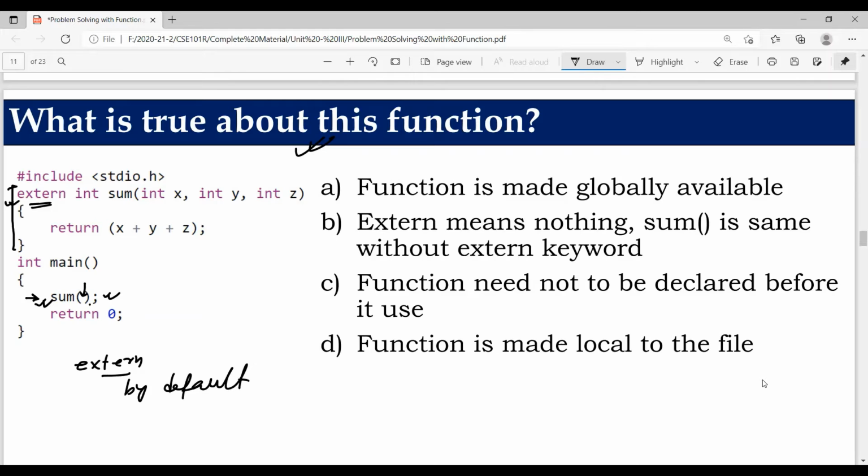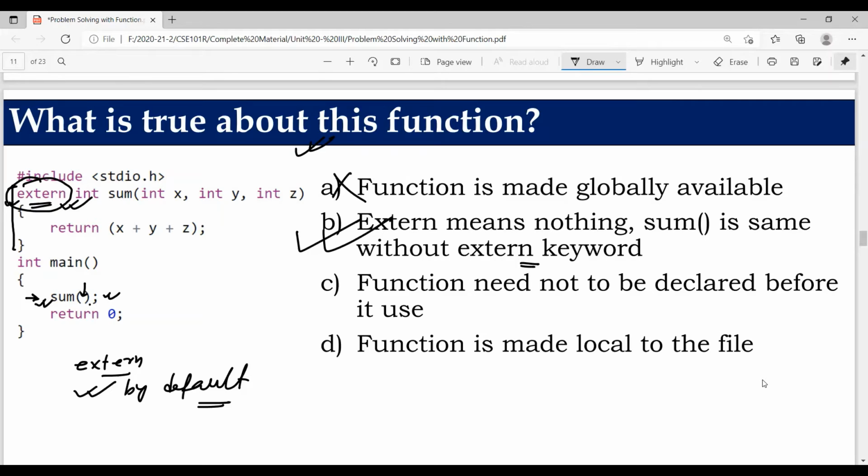So writing an extern keyword here hardly makes any sense, neither does it add any extra point. Somebody might think that due to extern it is globally available. No, a function is always available globally. Wrong statement. Extern means nothing. Sum is the same without the extern keyword. Yes, as I told, all functions in C programming are by default considered extern. So writing extern and not writing extern hardly makes any change.